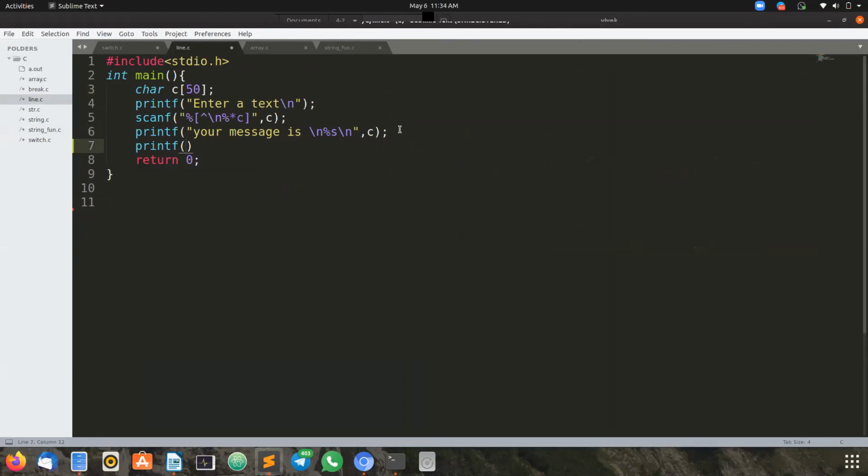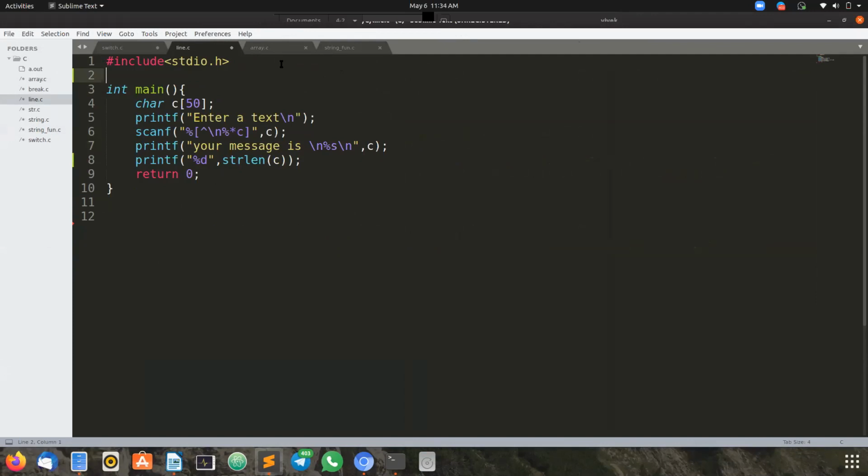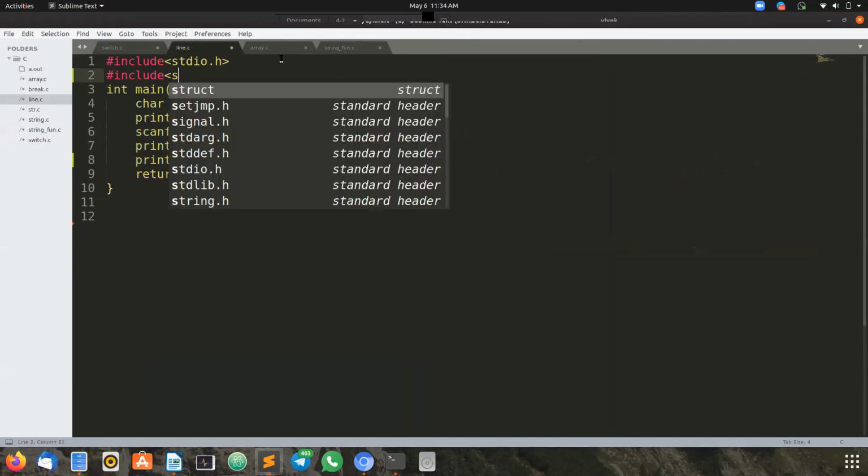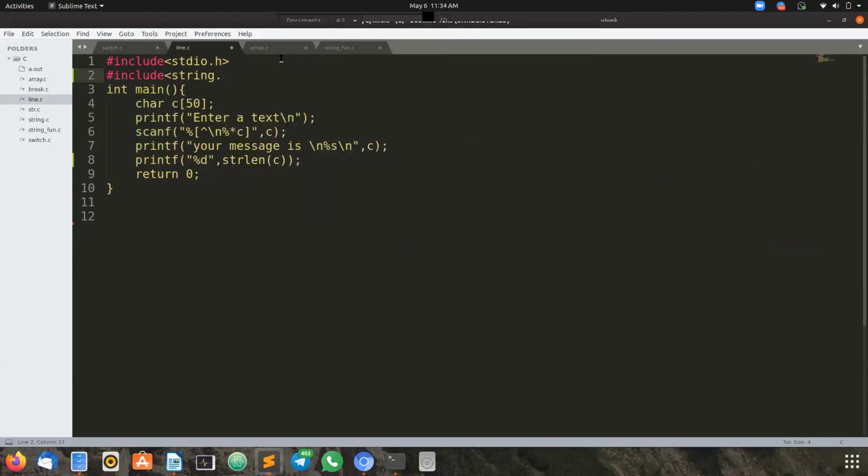I want to print the length of this string, so I'm going to use strlen of the string. The variable name is C. To use the string handling functions, we need to include the library. You can see what I'm typing: hash include string.h. Without including this header file, we cannot use string handling functions, whichever function it may be.